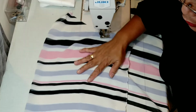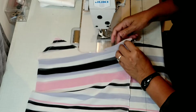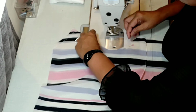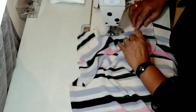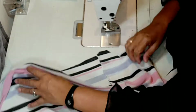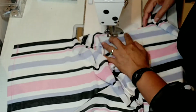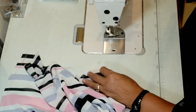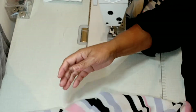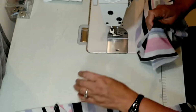Now the appearance of the front. This is the armhole. You are going to stitch this one so that it's not going to move. On the other side. After stitching those important parts, the right side must be facing down, and get your back